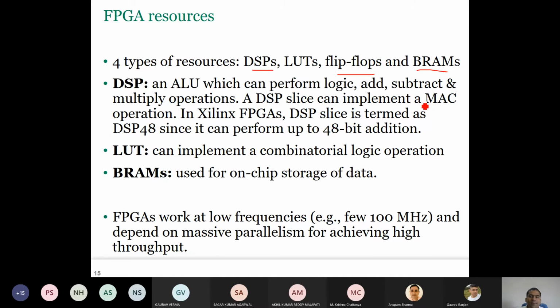A DSP slice can implement a MAC operation. So now you know why we are highlighting MAC. Can anybody, Arghya or Ashish, please tell me why we specifically mentioned the MAC operation? Kunal, Mohit,